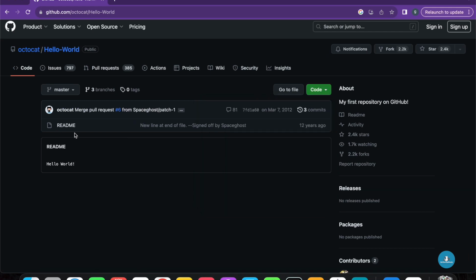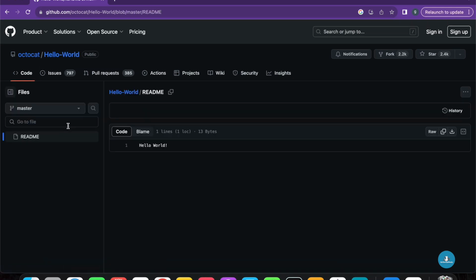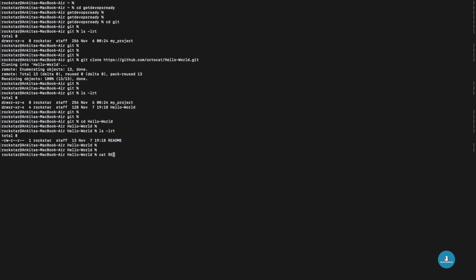After cloning it, you'll notice that there's one README file, mirroring the content from the remote repository. You can now make changes to the local copy of the repository, commit your work, and even push changes back to the remote repository if you have the